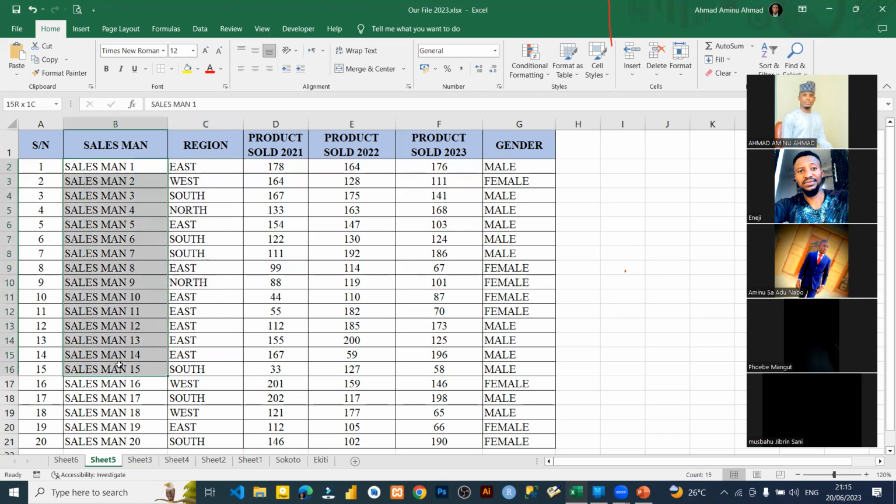We are not going to use salesman, because if it is a name, we can have, for example, Yunus Ibrahim here. We can also have another Yunus Ibrahim here, but this one is from south, this one is from west. So we can't use name, but this particular region is something that keeps repeating itself across the data. So what we are going to do is write these categories, for example,